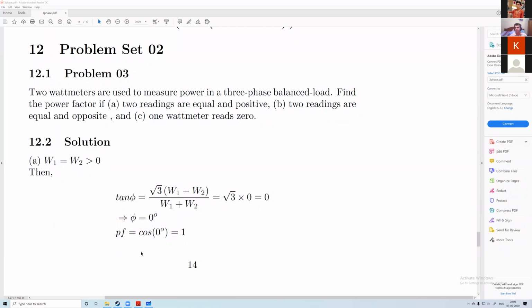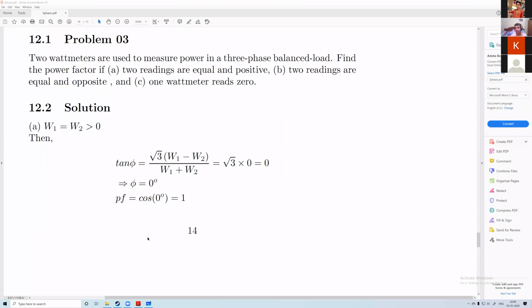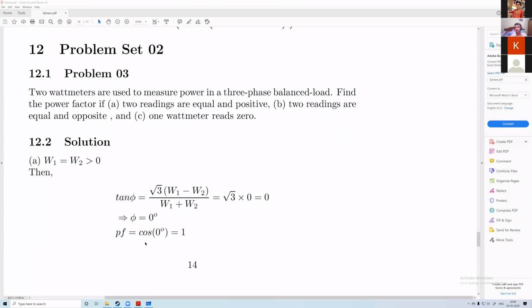When the load is either purely inductive or purely capacitive. No, not resonance. When the load is an ideal capacitor or an ideal inductance, it will not consume any power from an AC circuit. So if the load is either a pure capacitor or a pure inductor, then the power will be 0. So what is the power factor in that case?